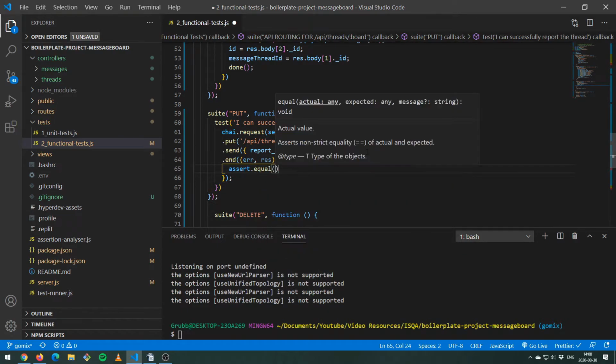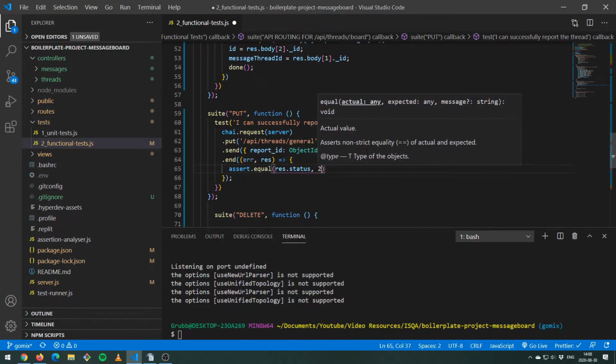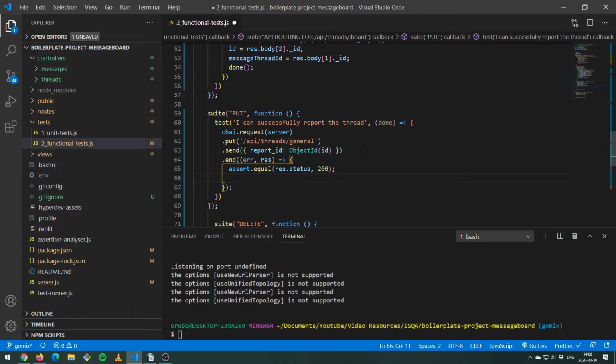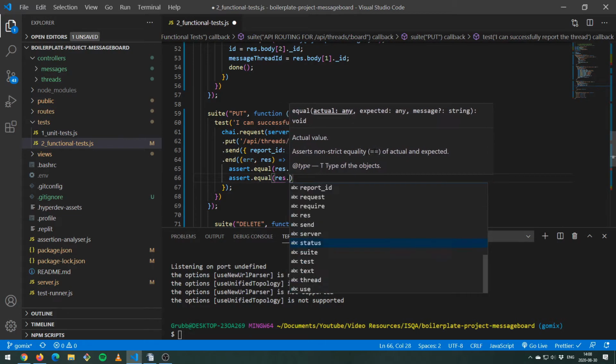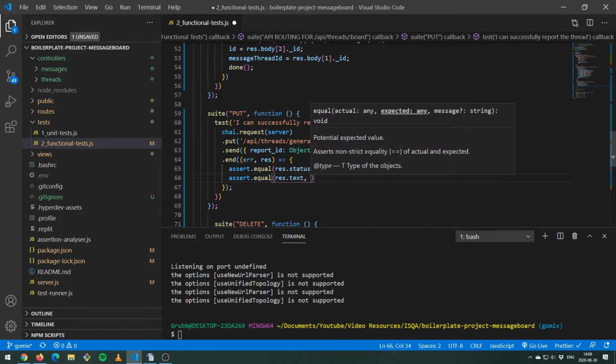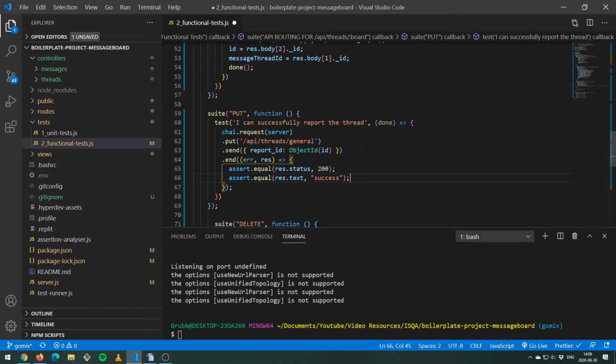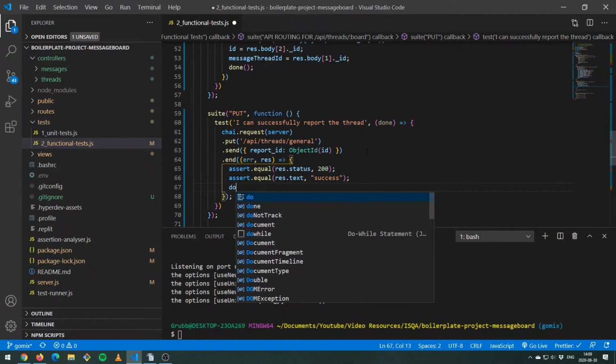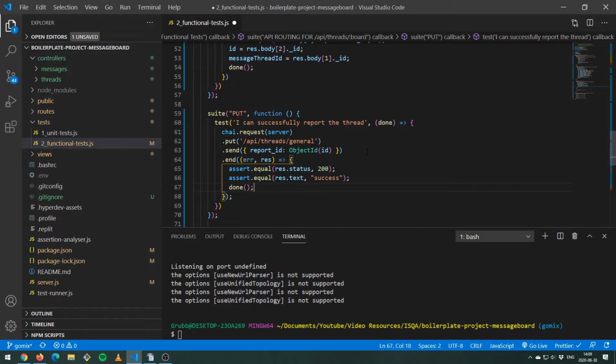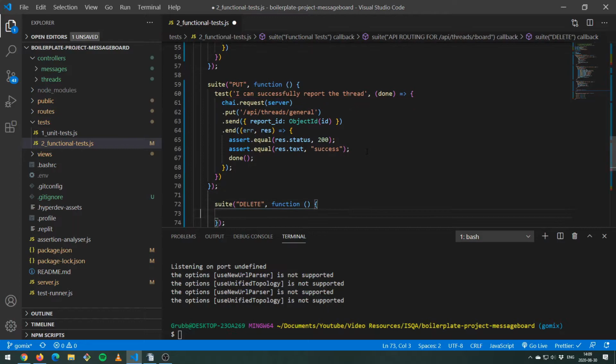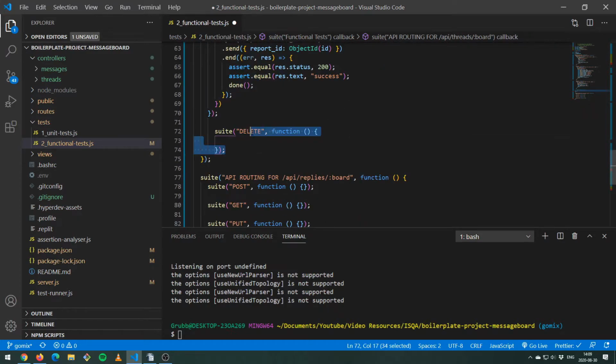Assert.equal res.status 200 first of all, just to make sure that we get the right status code. And assert.equal res.text should be success. So we should successfully report this thread. And then we just call done on this. And that's it there. So for the delete function,